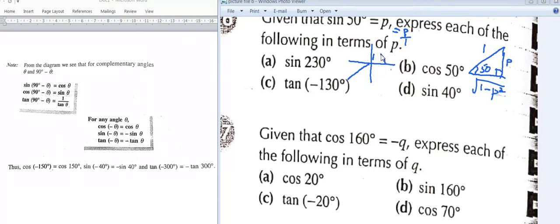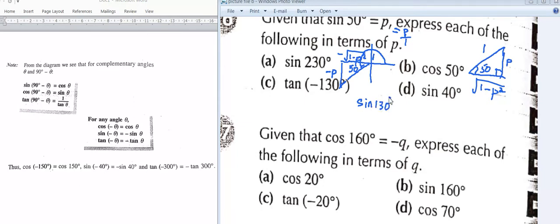Two, three, all the way until here, and this 50 degree. For this, you have to take this, but this one is in the negative y and this is negative x, so it's minus square root of 1 minus P squared. Because this is on the xy coordinate, this is negative x and this is negative y. Okay, so for this answer, sine